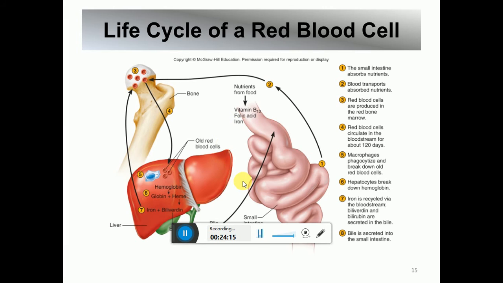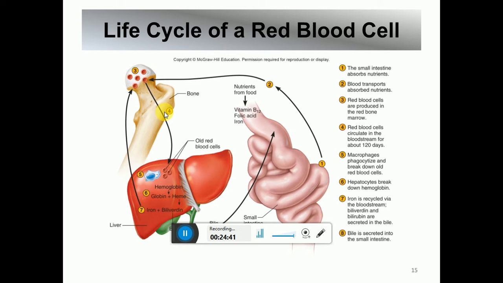Here you can see the life cycle of a red blood cell. So we start off here in the intestine, where all of the nutrients needed in order to make a red blood cell would be absorbed. So the folic acid, the vitamin B12, and the iron, all three of those nutrients will be absorbed and through the bloodstream will reach the red bone marrow, and that's where our red blood cells will be made. And then